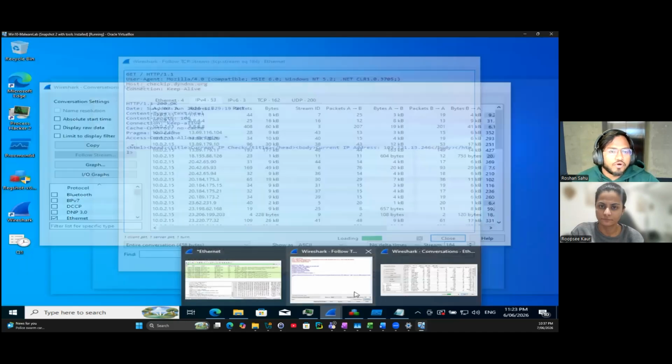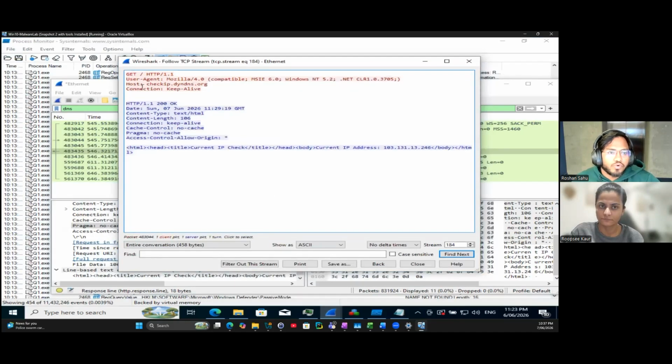Once we follow up, we can see that this host is checkip.dyndns.org and the user agent is Mozilla 4.0. But Mozilla Firefox is not on the host machine. So we can say that this is malware activity. Also we can observe that it is trying to find out the IP of the machine. 103 is the IP of the host machine. So it's a reconnaissance technique. And after this, if we see the